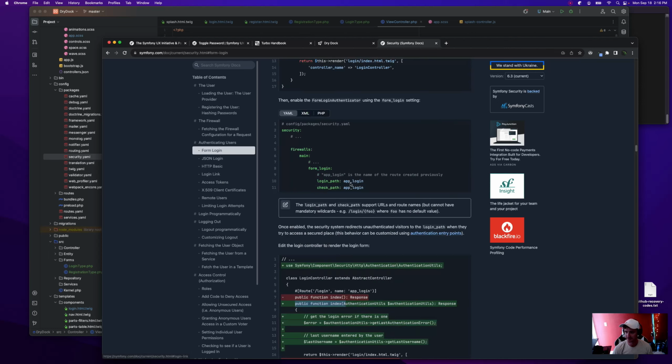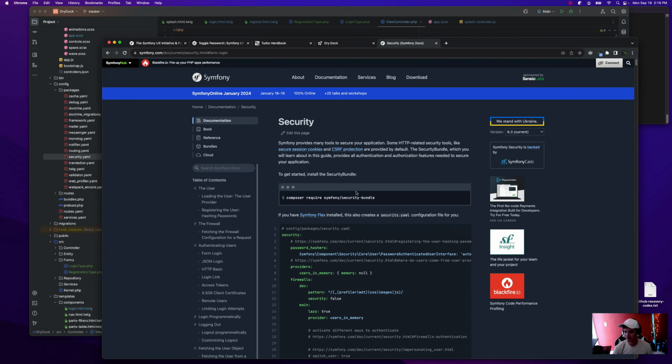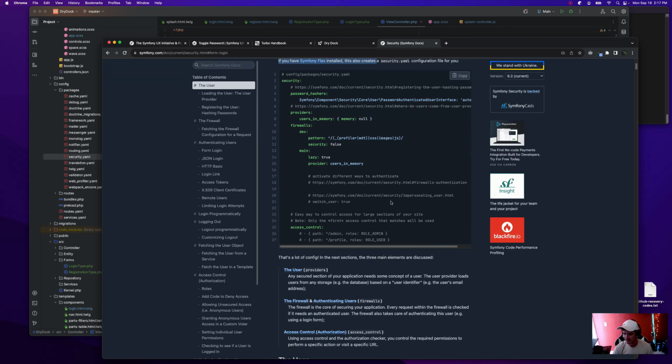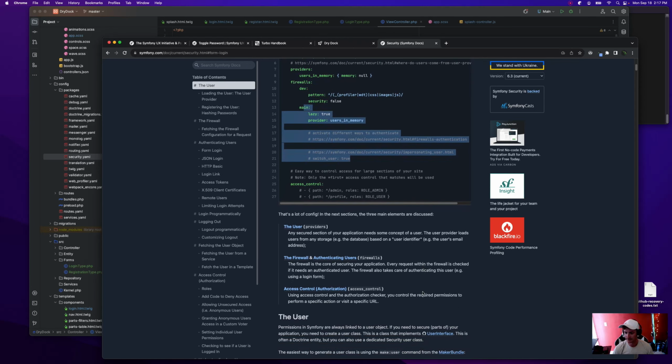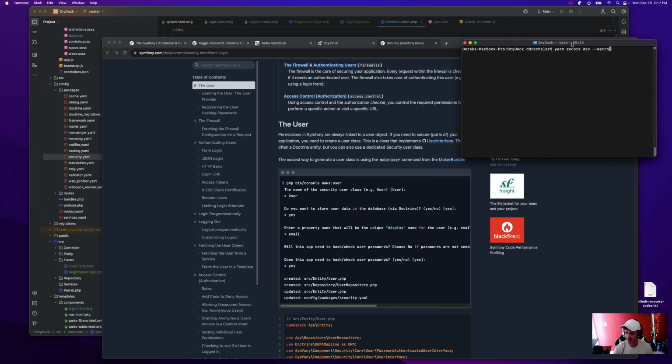So I'm literally just going to go through what the Symfony docs say about how to do auth, because it's pretty simple. This security bundle already comes installed with Composer and Symfony Flex. If you just install the Symfony 6.3 web app, it already has all this stuff. This is the default configuration. First thing, I was going to run Webpack, but we don't have to. We don't need it right now.